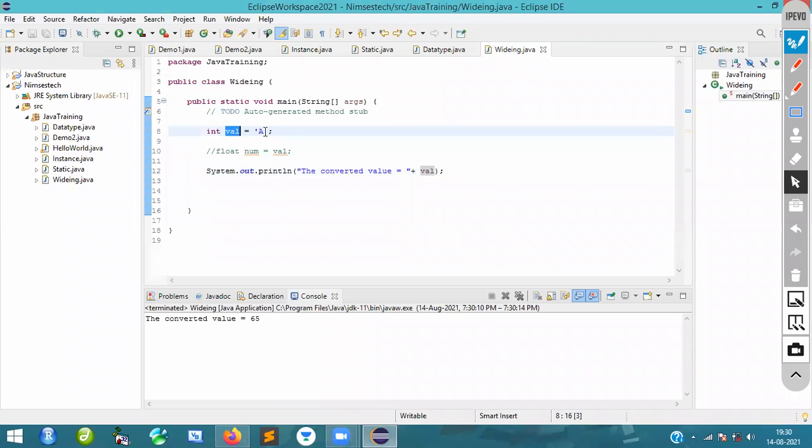Automatically, when it gets the value, the compiler will typecast it into integer implicitly, but you are not forcing it. By force you are not doing. This is what we call widening. So, a very simple program. Be careful, and it is an easy one.